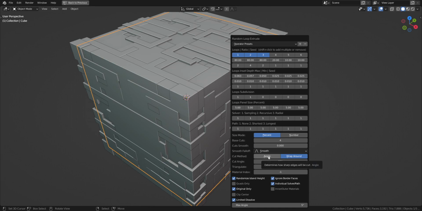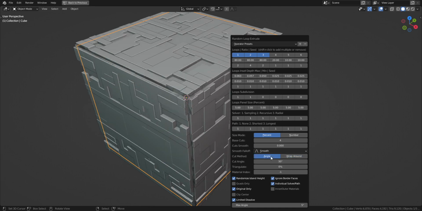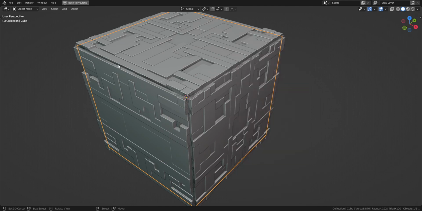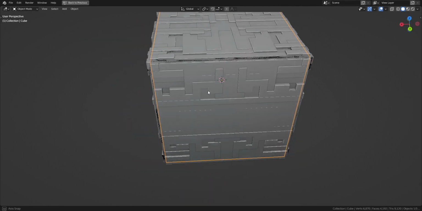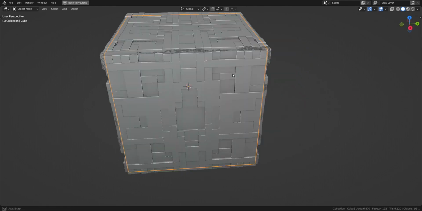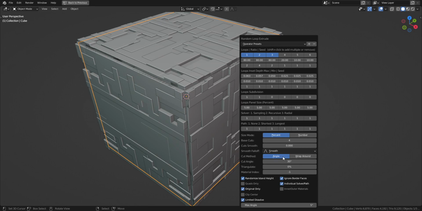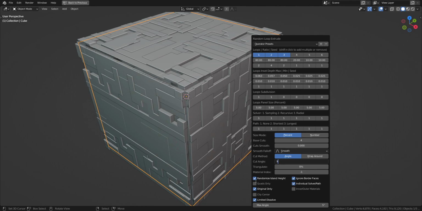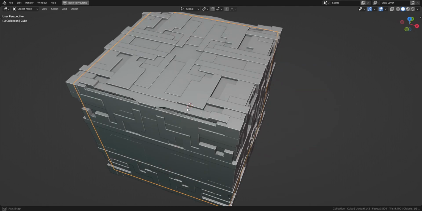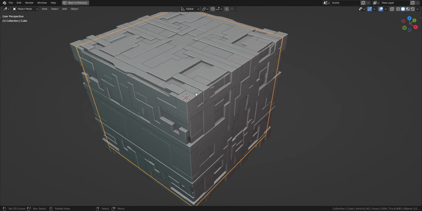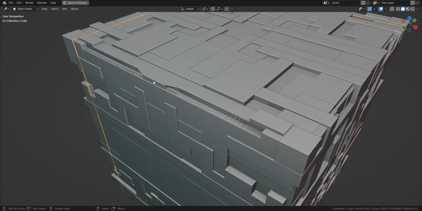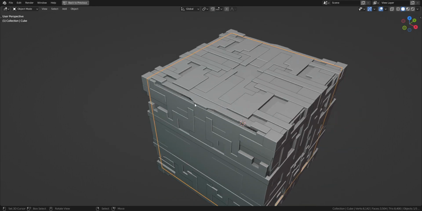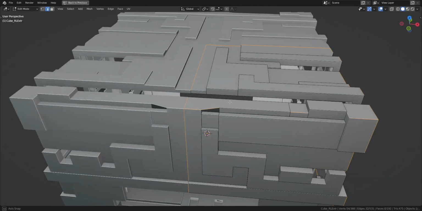Now you can choose between two methods. The old one is the angle. So at 30 degrees, the islands are going to be cut at those sharp edges which meet the maximum angle threshold or minimum angle threshold, which is the 30 degrees. So it's going to be cut there. And if I increase this to 90 degrees, you can see that the islands are no longer cut in those sharp areas, but it's causing some distortions because